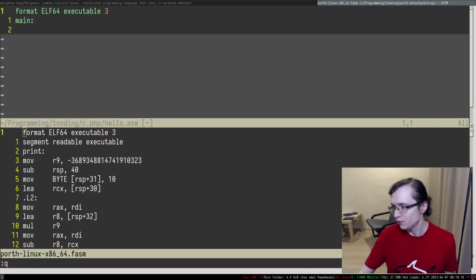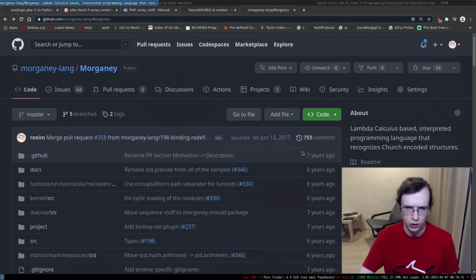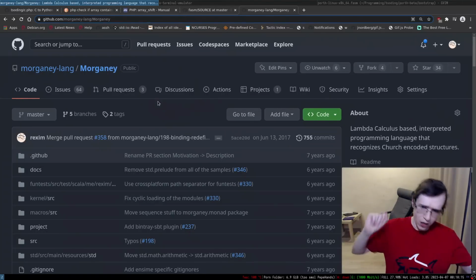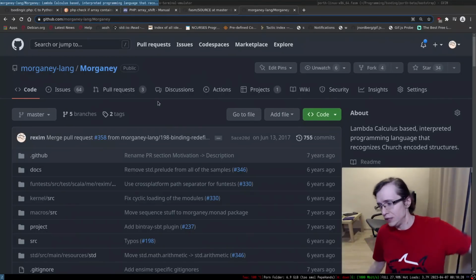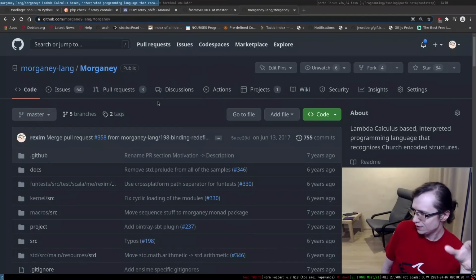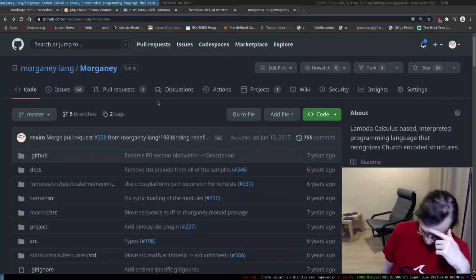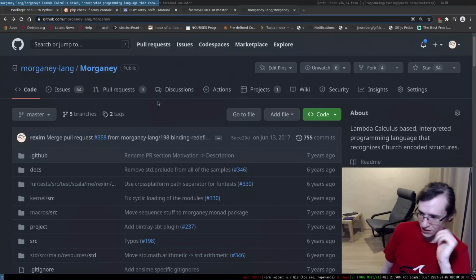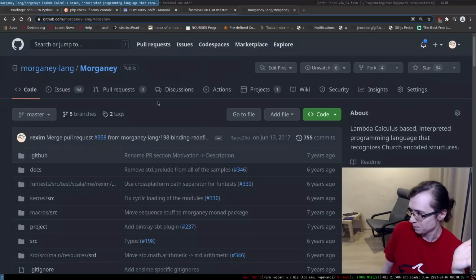Why the choice of Scala for a lambda calculus interpreter? Because it was a hot new thing 7 years ago. It's around that time when Twitter also decided to switch to Scala. Right. So Scala was hot. It was so trendy, just like Rust today.